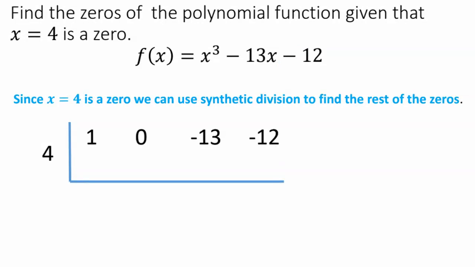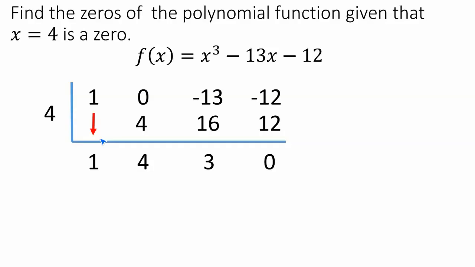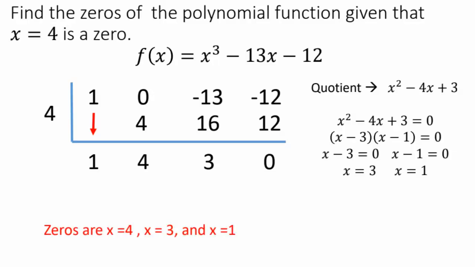So if we do synthetic division, we bring down the 1, times 4 is 4, plus 0 is 4. 4 times 4 is 16, plus negative 13 is 3. 4 times 3 is 12, and our remainder is going to be 0. And as Mr. Scarizales put in the chat, it's going to make us happy because now notice what happens when